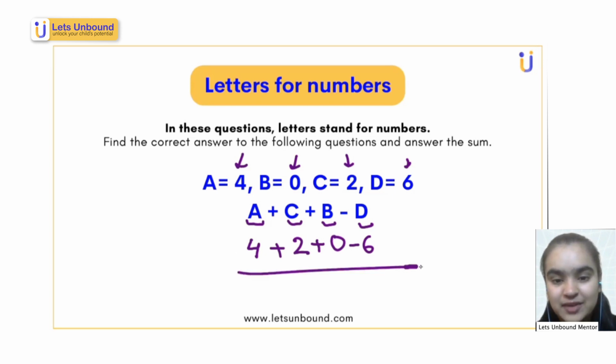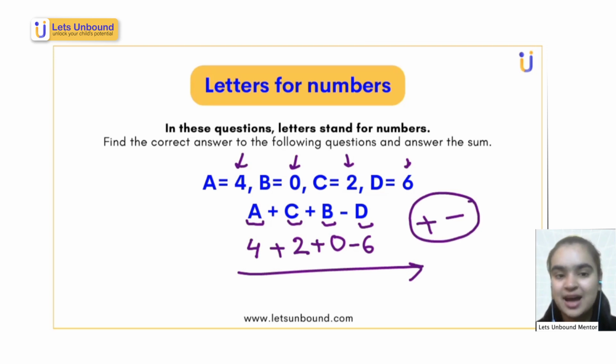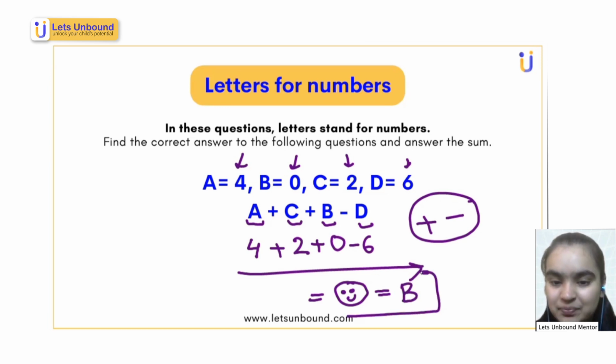Now, moving from left to right, because addition and subtraction, they are friends. So no matter what is coming first, we will just start from left to right and keep on solving it. So 4 plus 2 is 6, plus 0 is 6, minus 6. So 6 minus 6 is going to be 0. So our correct answer is 0. And that belongs to alphabet B, according to the question, right? So in our answer sheets, we are going to mark the B option. Okay, now